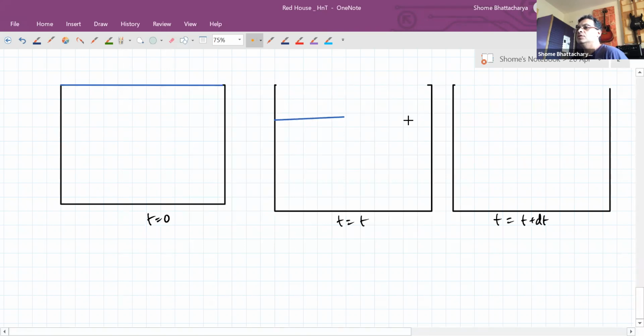So here, let's say this is the water at 0. To illustrate the fact that we have got an ice layer, I'm showing it with a different color. So we've got ice whose thickness is x, whereas initially I did not have any ice. Okay, and at this point of time,